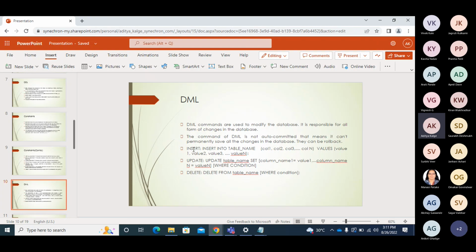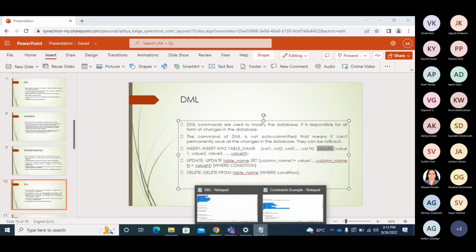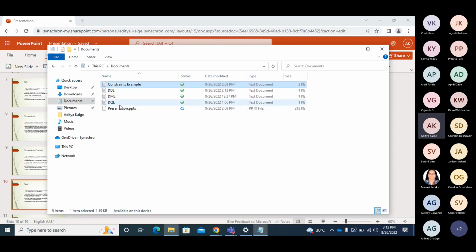So these three are the main DML commands: insert, update, and delete. Insert is basically insert into table name, and this has the syntax. We need to specify the column names, then we have the identifier values, and then we can specify the values which we need to insert. So we'll go to the